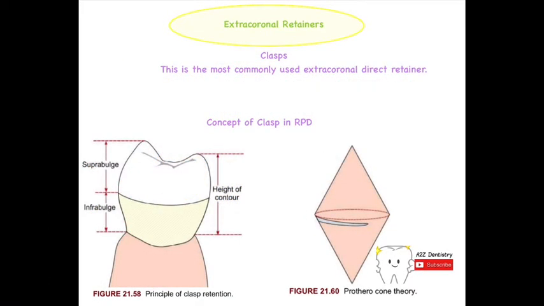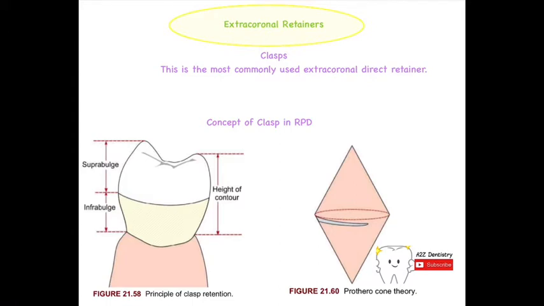So Prothero in 1916 said that the shape of the crown in the posterior teeth is like two cones which share a common base, as indicated in figure 20.60. This was the hypothesis. Now the point where the bases of these two cones are joined is nothing but our height of contour. The point in a given tooth which has the maximum curvature is referred to as our height of contour. In Prothero's theory, this height of contour coincided with the common base which both the triangles shared, right?